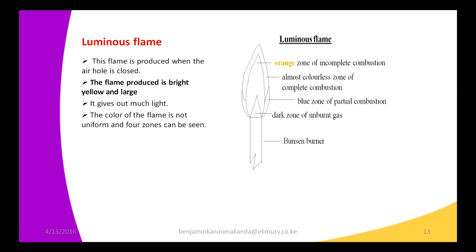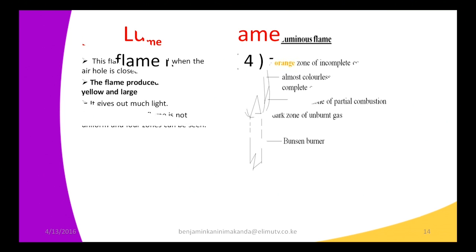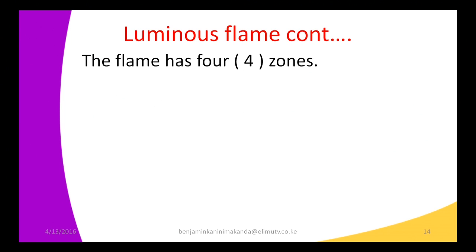Then the last part of the flame is orange, and sometimes we call it the yellow zone of the flame. The yellow zone also has incomplete combustion, because the remaining carbon particles now have to be burned here. Remember, this is the exiting point of the flame, and therefore we have incomplete combustion taking place on this flame. That is about the luminous flame. But still on the same flame,